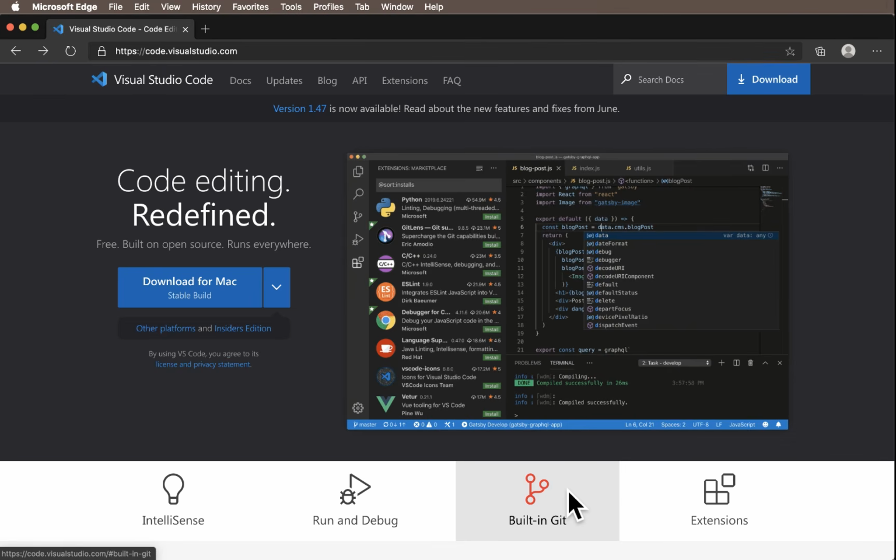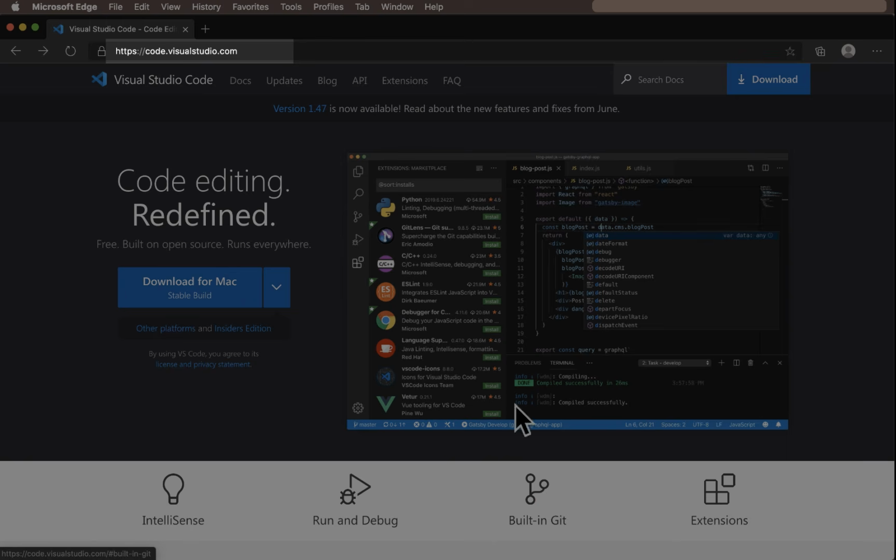Today I'll walk you through how to get started using Visual Studio Code. VS Code is a lightweight but powerful source code editor that runs on your desktop computer. Let's get started. The first thing we're going to do is download VS Code by going to